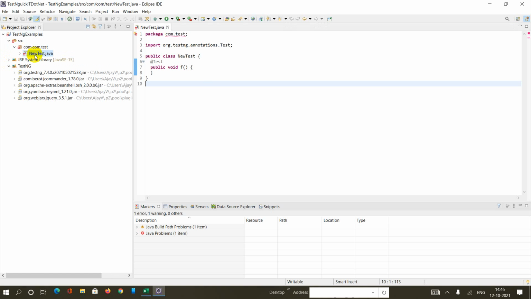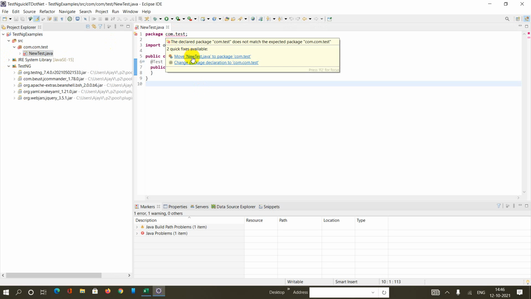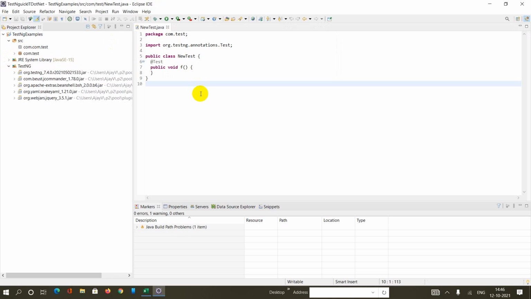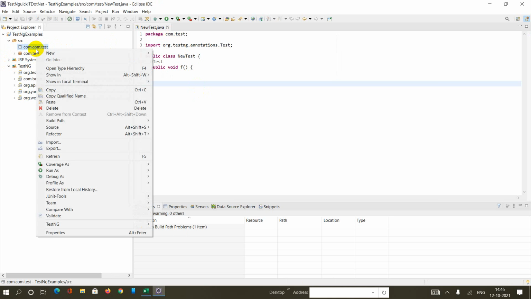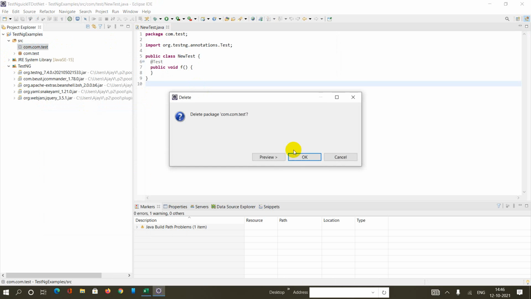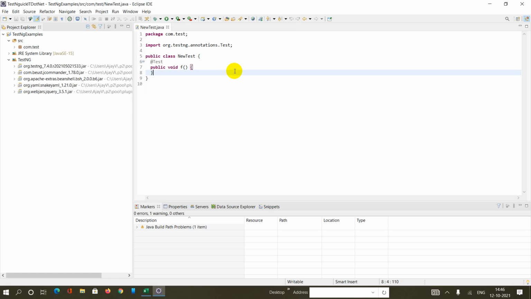Can you see this annotation @Test which we discussed earlier? That means what kind of test I would like to execute.